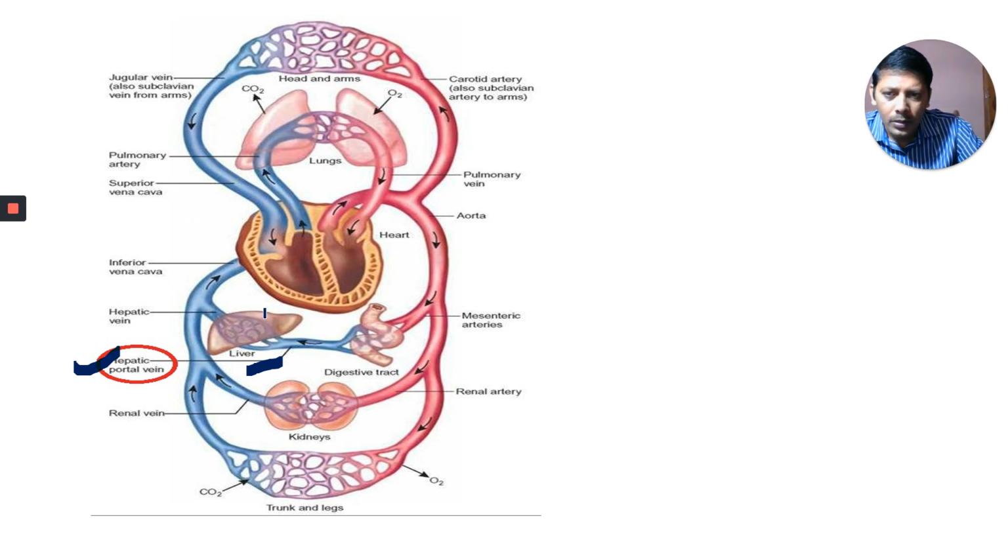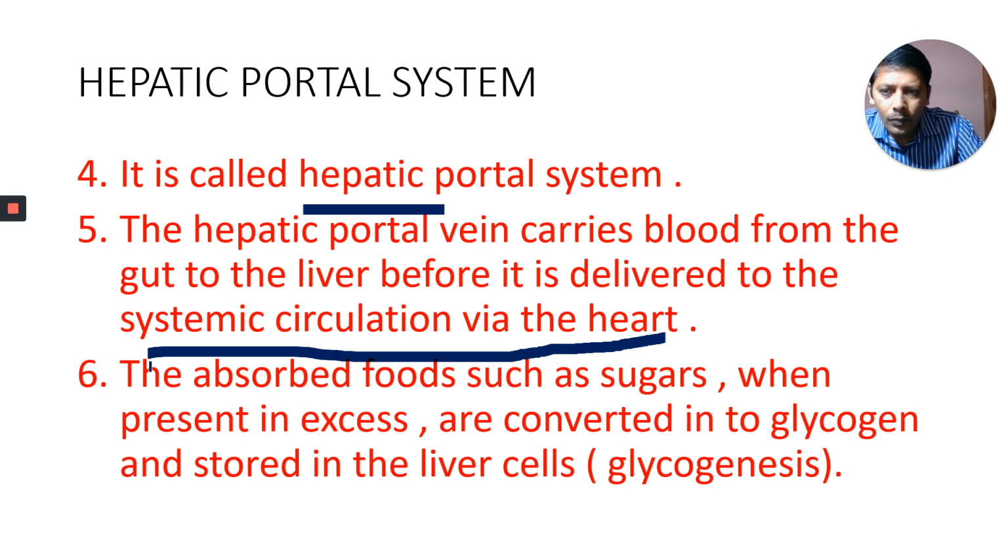This system is called the hepatic portal system. Look at this. Why is it called a portal vein? It is ending in capillaries here, and it is also starting with capillaries. That's why it is called the hepatic portal vein. The hepatic portal vein carries blood from the gut to the liver